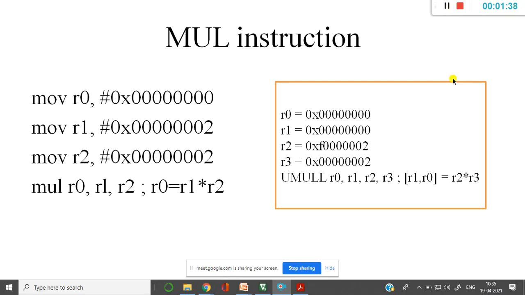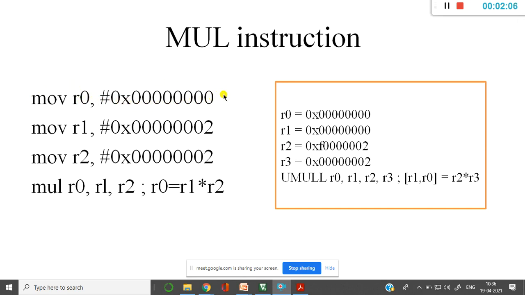I'll be back. So this is one example where we try to understand how the multiplication instruction works. Very simple instruction. I don't go with execution here. If you want to clear the content of any register, then I will be using MOV R0, comma, 0x000.